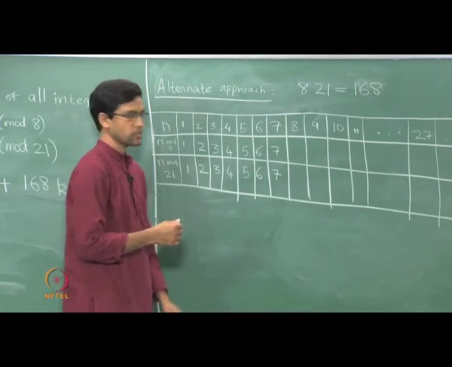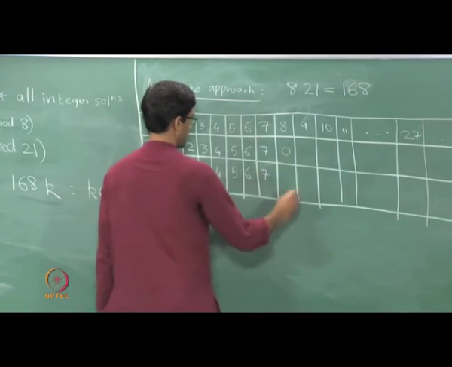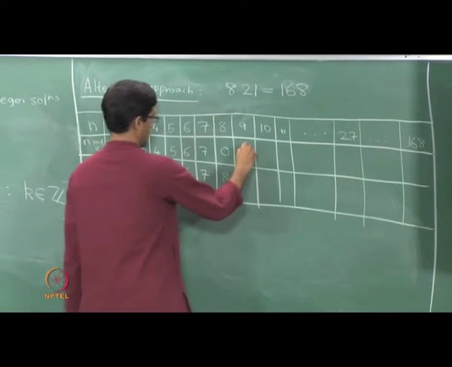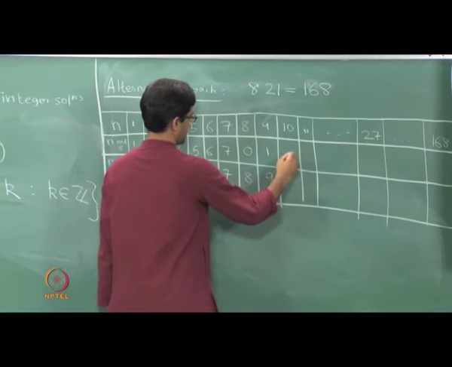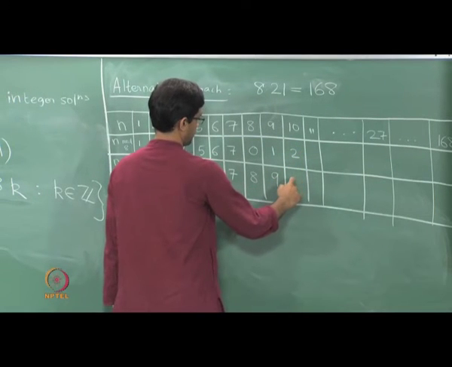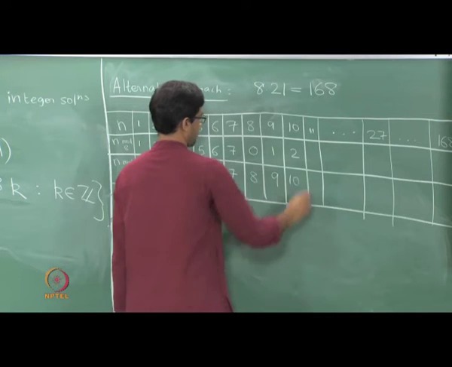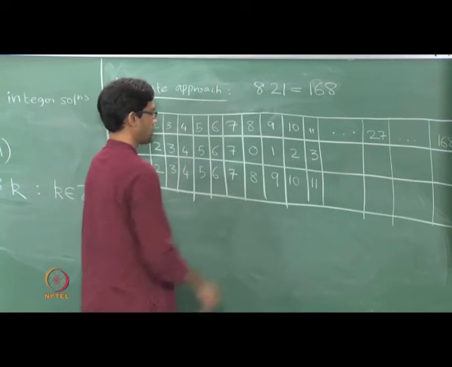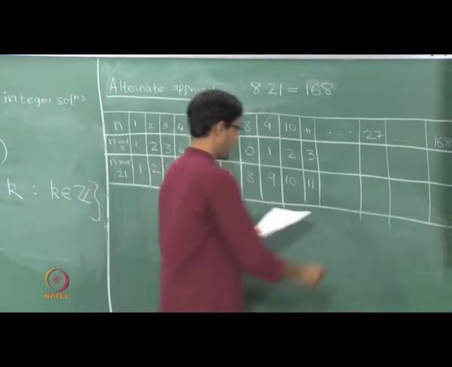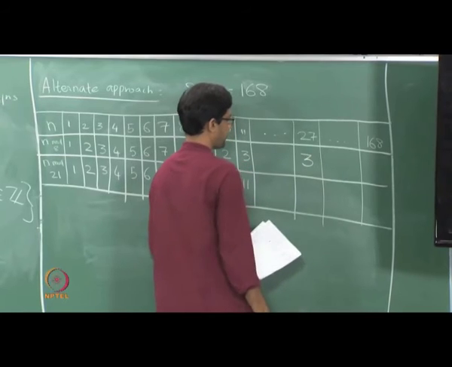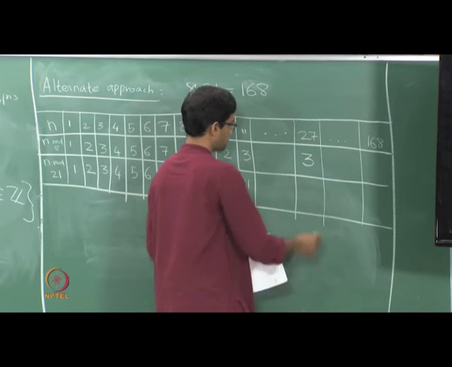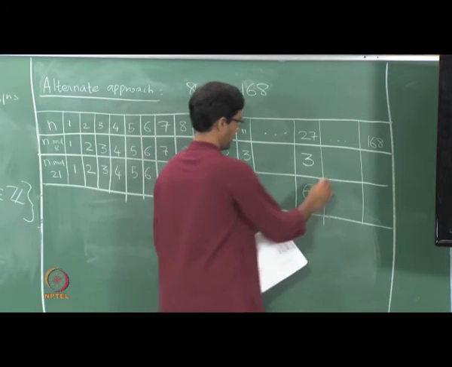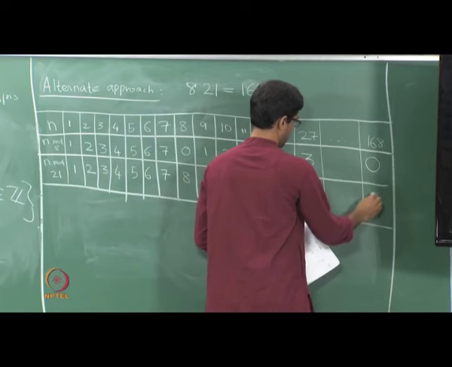The number 8 on division by 8 will give you a remainder of 0, whereas on division by 21, of course, just gives you the number 8. So 9 is remainder 1, 9. 10 is 2 on division by 8 and just 10 on division by 21, 3, 11. And so on. Let's look at 27: on division by 8 it is 3, because 24 plus 3 is 27, and on division by 21 it gives you a remainder of 6. And you keep going till the very last one is a multiple of both 8 and 21.